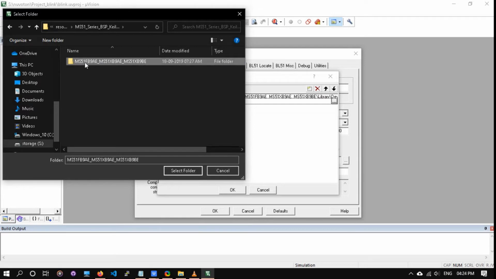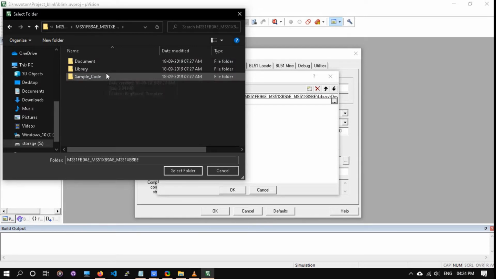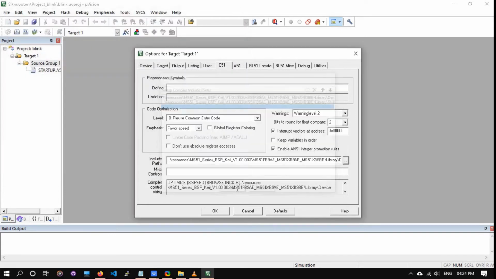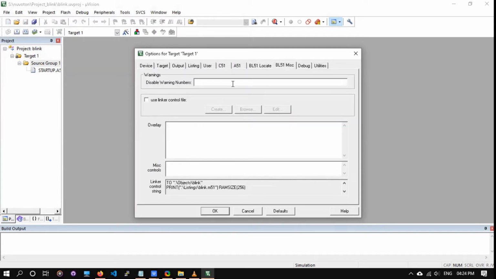This file contains the commonly used libraries like I2C, UART, timer, delay, etc. Then we need to disable the warning system, so it won't show the unwanted warnings.